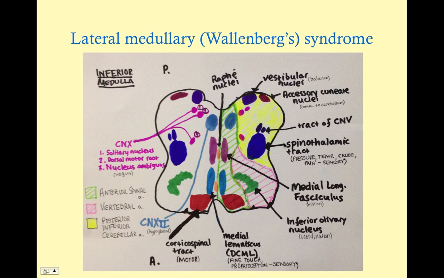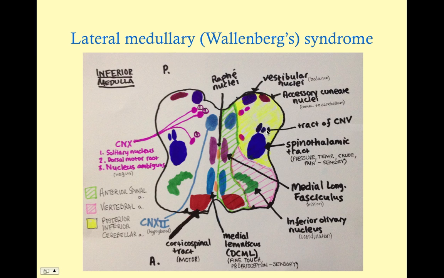It crosses at or about the level of the vertebrae. So if you have a problem anywhere in the spinal cord, basically, to the spinothalamic tract, it's pretty much always going to be contralateral because it crosses so quickly. So this spinothalamic tract here on the left side, because this is anterior, is actually carrying fibers for the right side of the body. So if this part is affected, you get contralateral